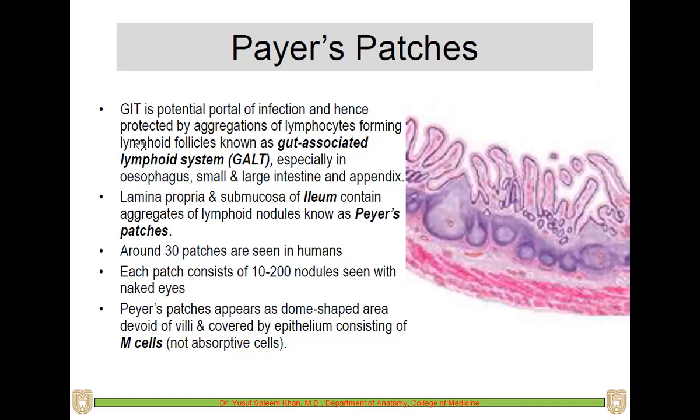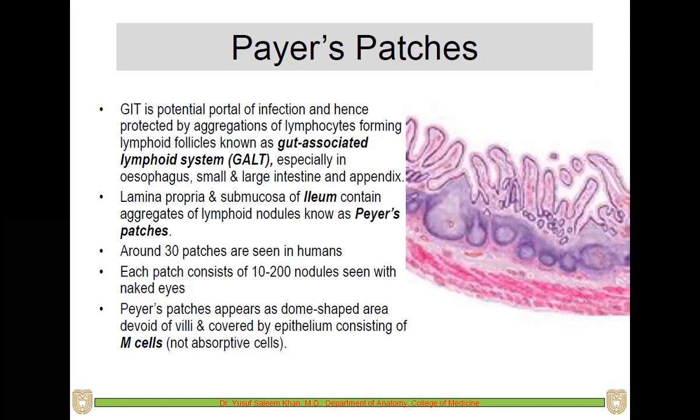lymphocytes forming lymphoid follicles known as gut associated lymphoid tissue, that is called GALT, or sometimes it is also called the mucosa associated lymphoid tissue, because they are present in the mucosa of the wall of the intestine. Okay, so they are called mucosa associated lymphoid tissue or gut associated lymphoid tissue, GALT or MALT,